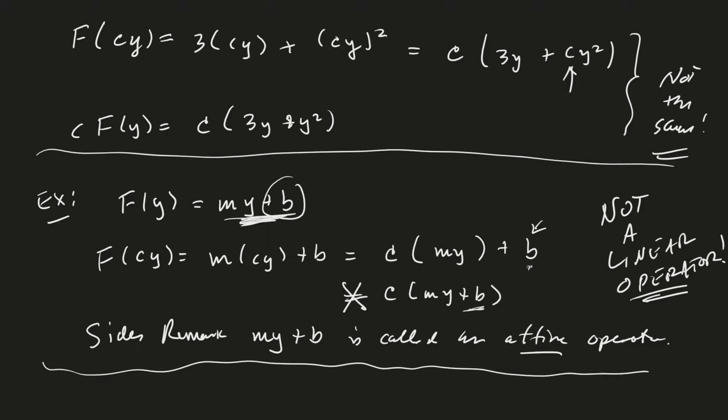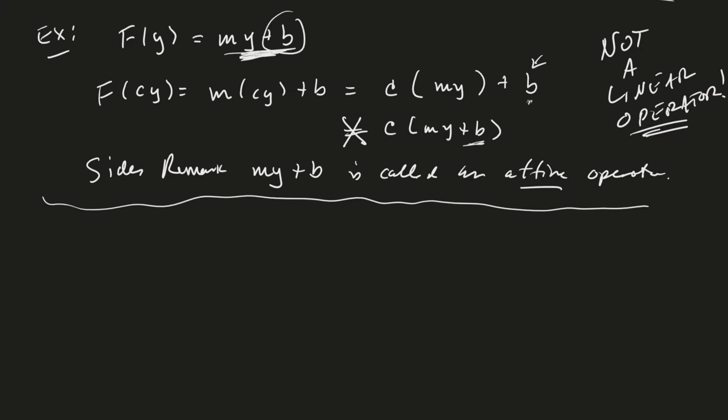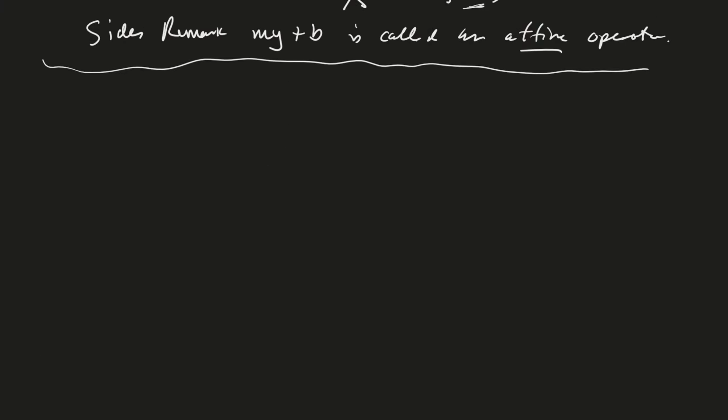I suppose I should get to the main point of why we're discussing linear operators. This is the key point. 8 minutes, 25 seconds in. Take note of today, because this is the important thing. The key property of a linear operator